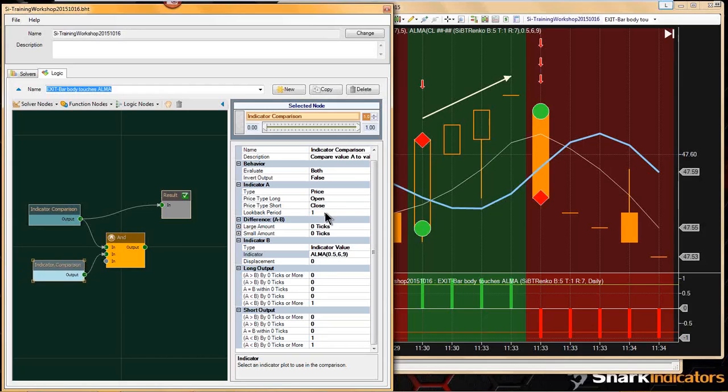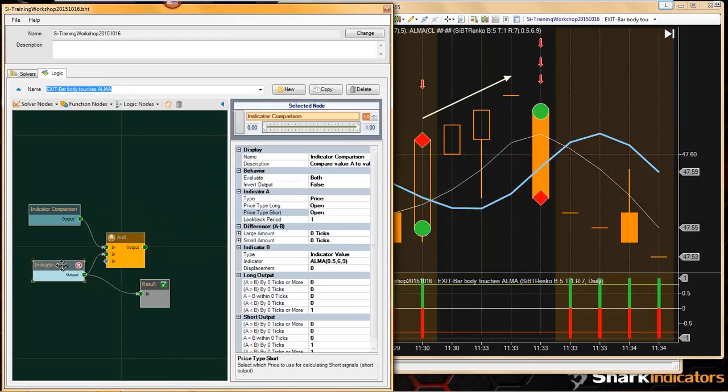So this solver for the short, for price type short, is set to closing price. Let's set this to the open as well. So we'll set this to open, and let's connect that up here. So we're going to take a look at this one. We have this set to open,